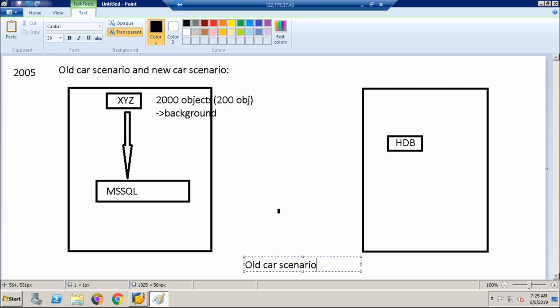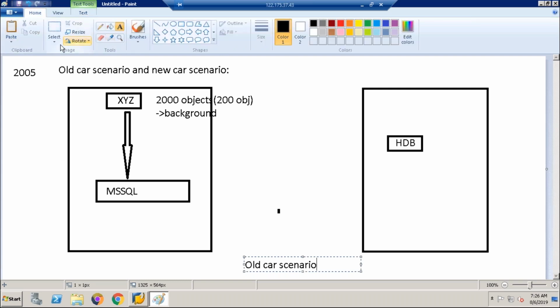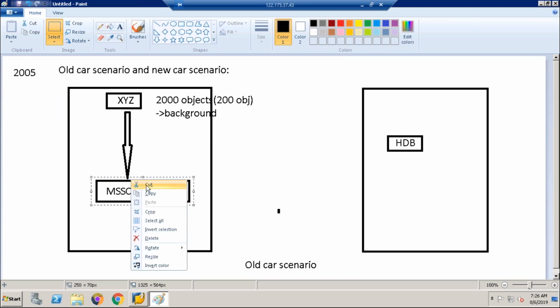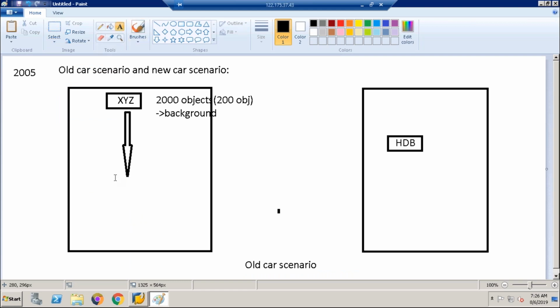After some time, when the company understands, because HANA is a completely new database, immediately they cannot abandon MS SQL. So they will work simultaneously with MS SQL as well as the HANA database. But over a period of time, the company will understand, okay, now it is fine, the HANA database is working fine for us. So they will abandon this database called MS SQL and they will provide the HANA database as a box.